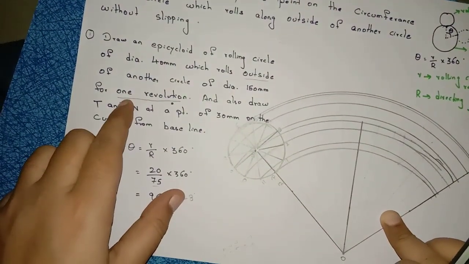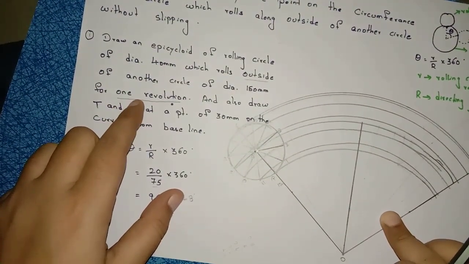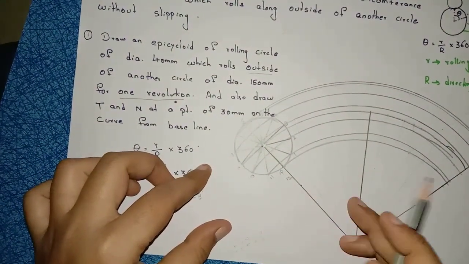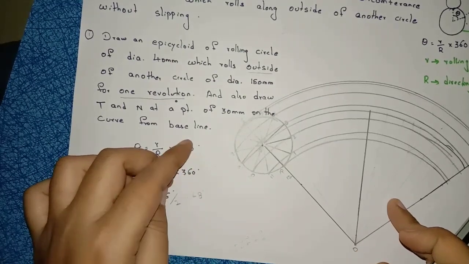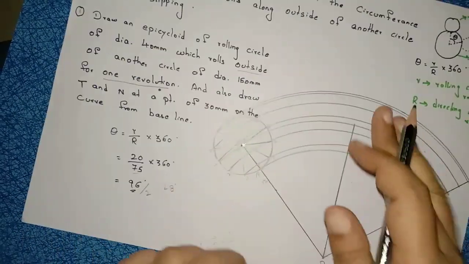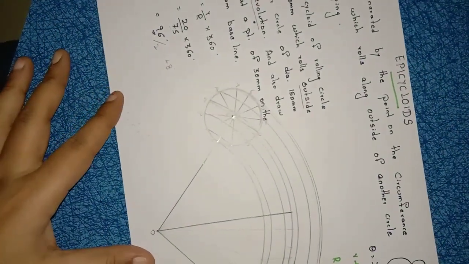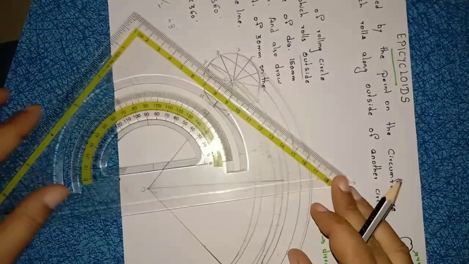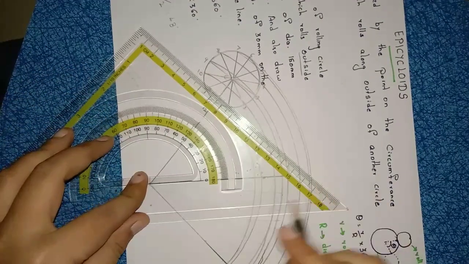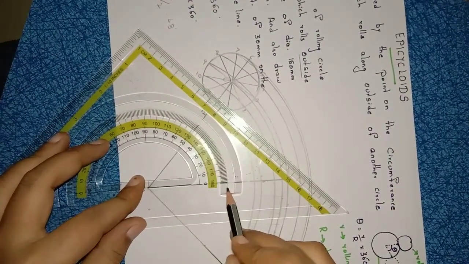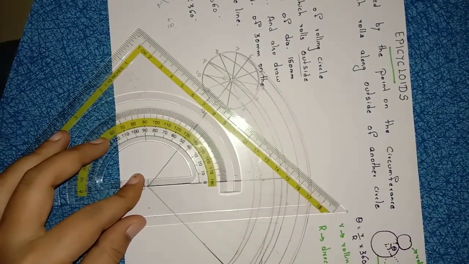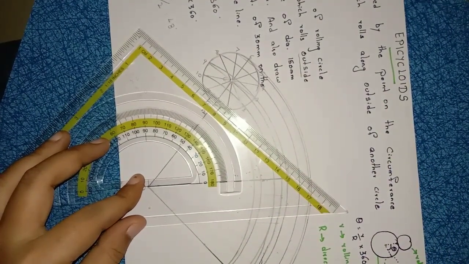Now you see, this is 48 degrees, this is 48 degrees. Here they mention one condition, one revolution. One revolution means you have to divide into 12 equal parts. So 48 by 6 I will divide here. So 48 by 6, each is 8 degrees. Right, so I am keeping my protractor on this line. This total is 48 degrees. I am dividing 48 degrees into 6 equal parts. Each unit is 8 degrees.